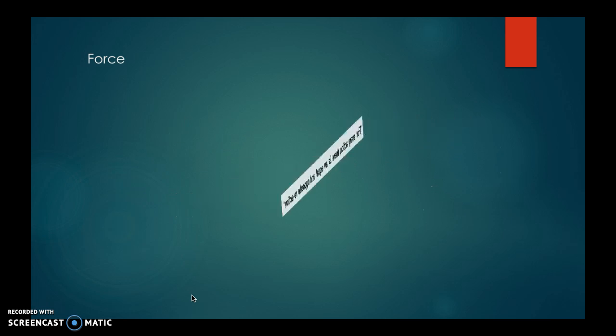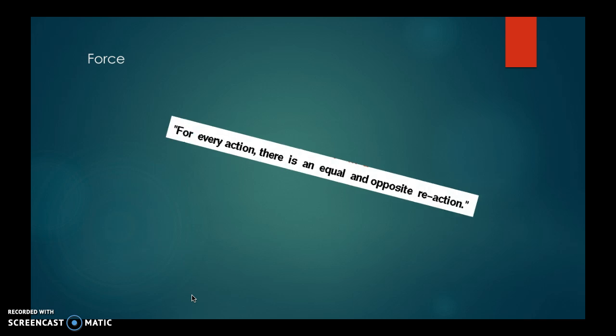Newton's third and final law stated that for every action there is an equal and opposite reaction. It is all about how forces come in pairs. For example, in basketball, when a player is dribbling the ball, Newton's third law is being shown. For the ball to bounce up again, there had to have been an equal and opposite force to push the ball back